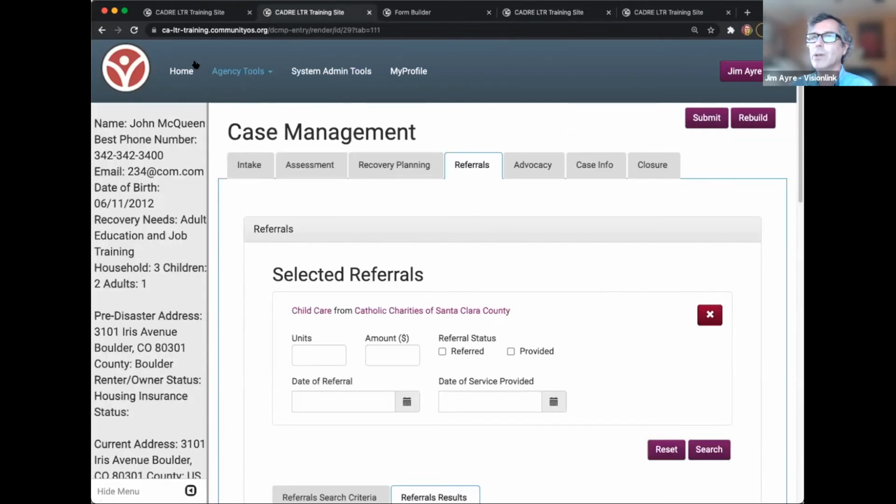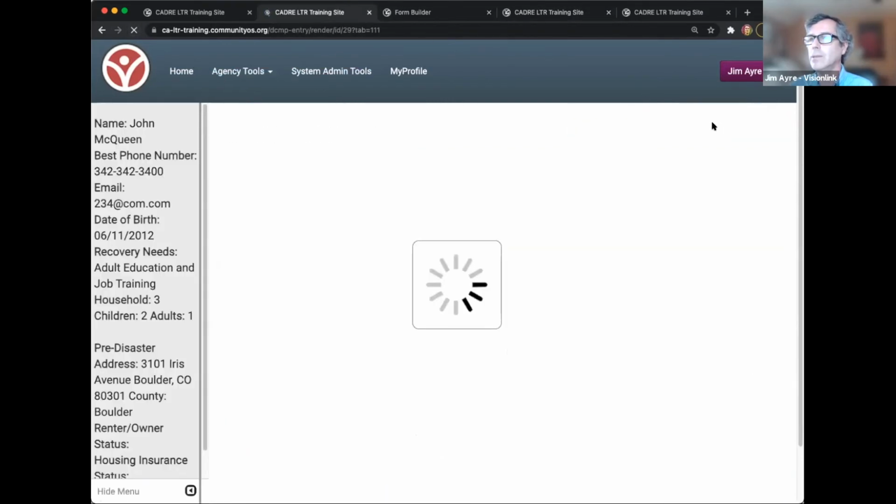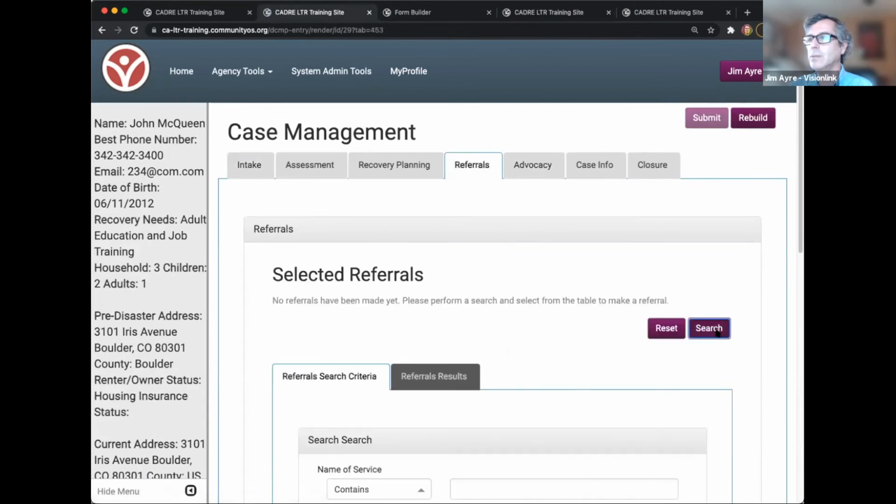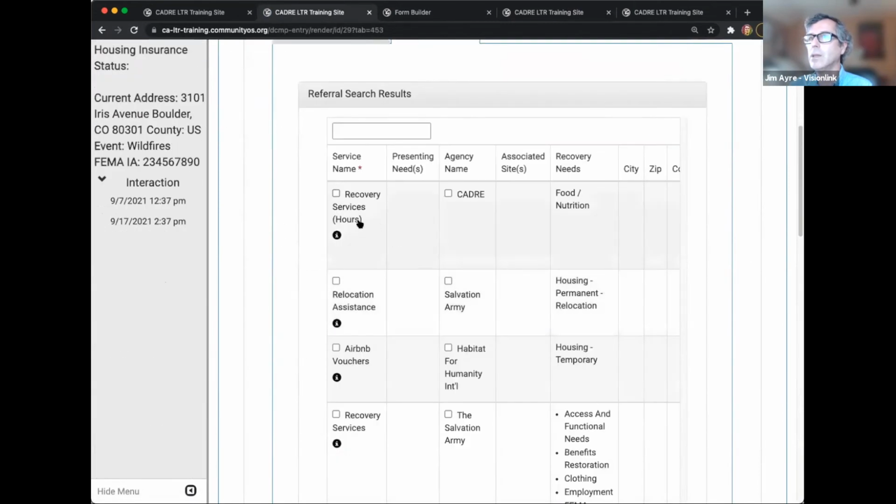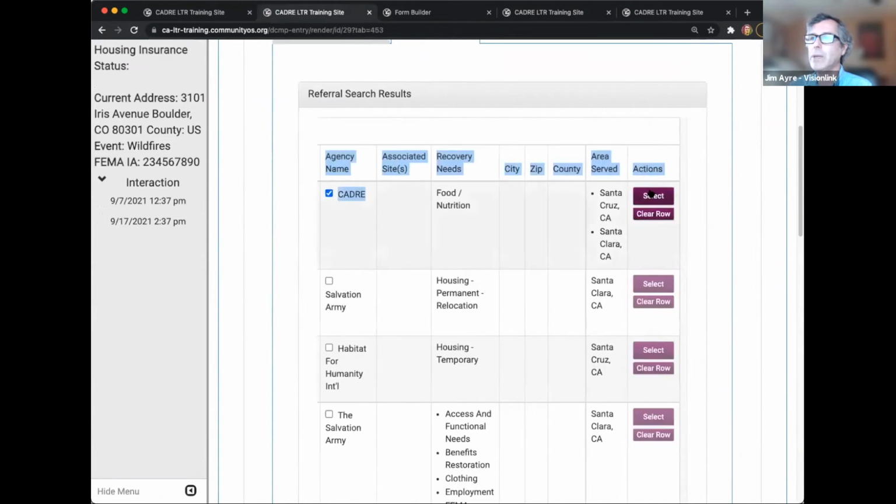Hopefully this time it works. There it goes. So as you select that, and this would be something you would do at the management level to provide clarity,